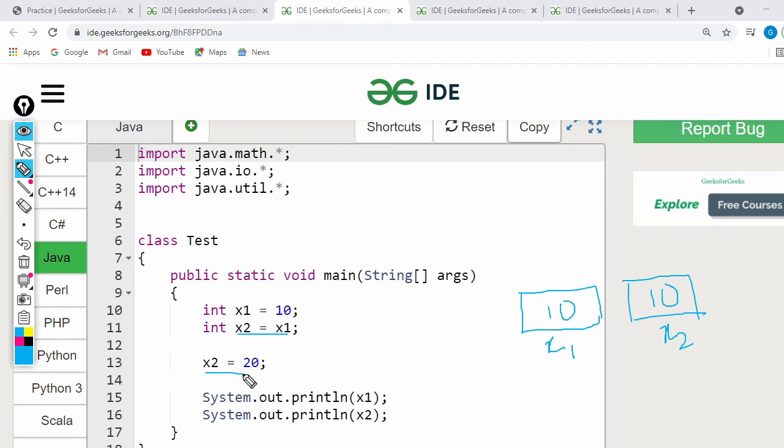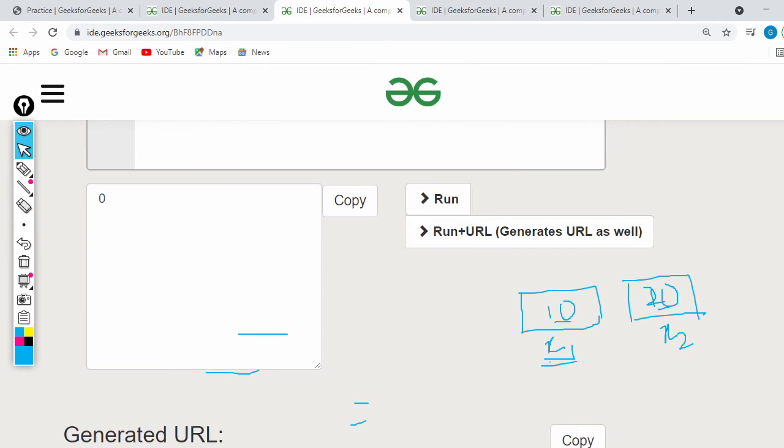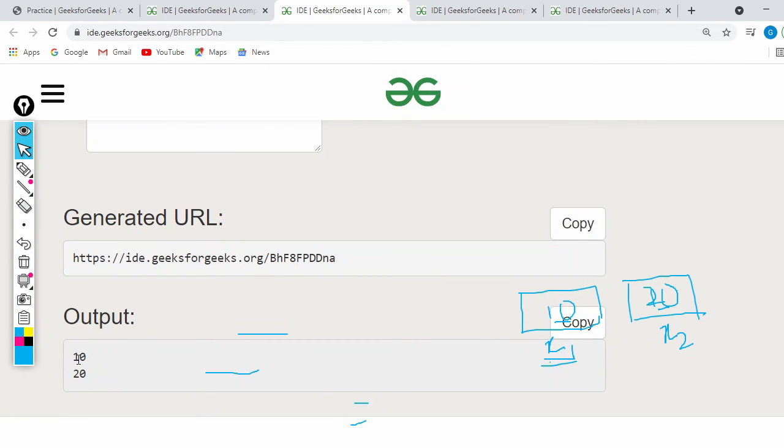So again, if we do x2 = 20, x1 will not change, only x2 will change to 20. So x1 is not affected. So primitive data types are not references, non-primitive data types are references. If you print x1 and x2, it will print 10 and 20 respectively without changing. The output is 10 and 20.